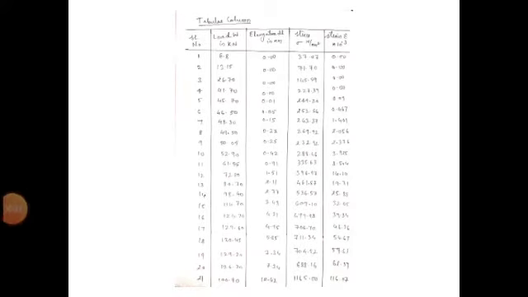Students, after conducting tensile test on multiple specimens, in tabular column you can see the load and elongation readings observed during the conduction of tensile test and calculated stress and strain values. So first reading is 6.8. At that time elongation is 0, stress induced is 37.07, strain is 0. For the second reading, 13.15 kilonewton load and elongation is 0, induced stress at that load is 71.70, strain is 0. If you observe fifth reading,